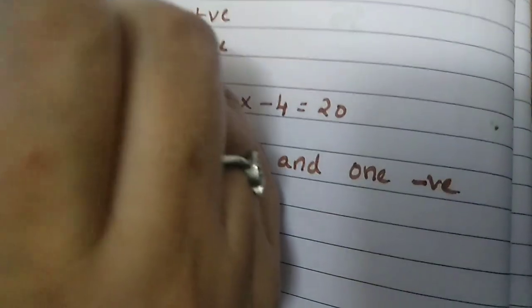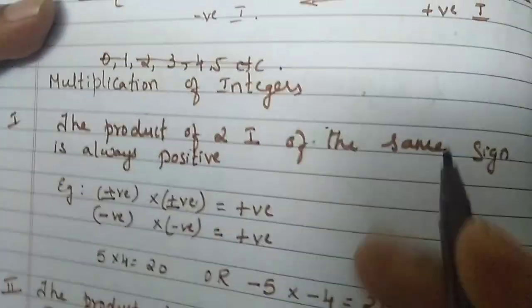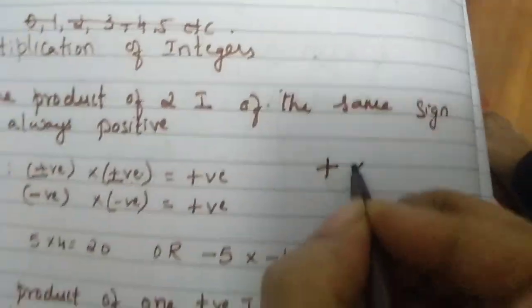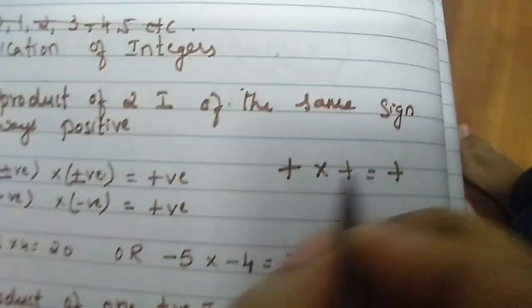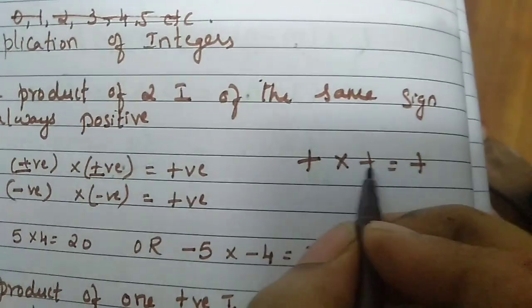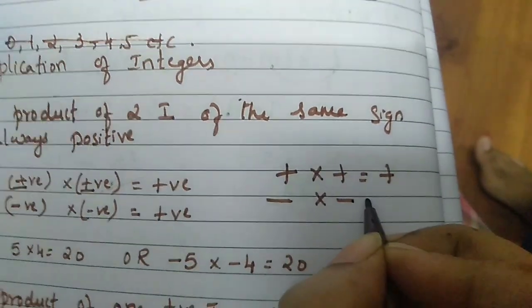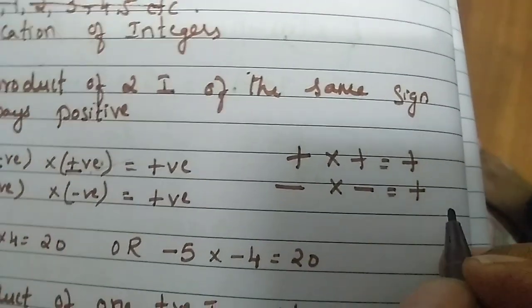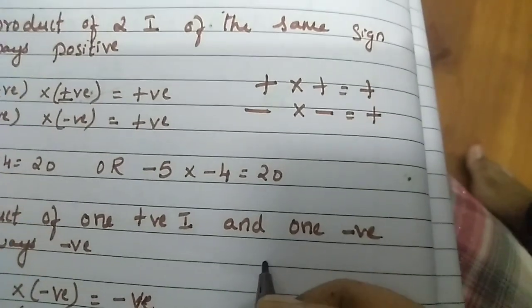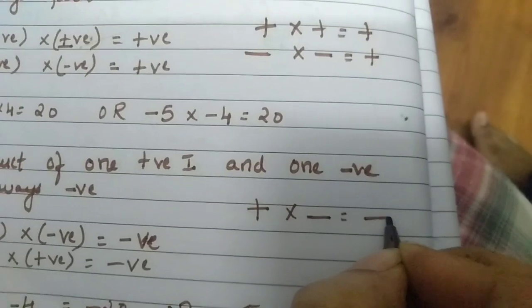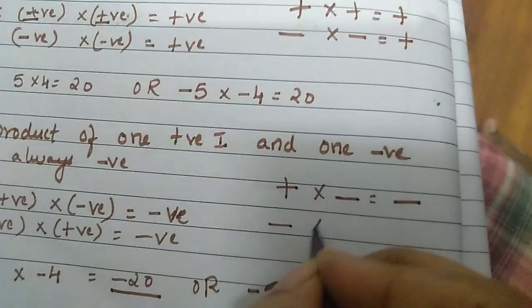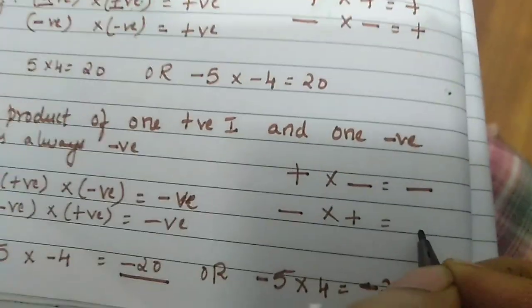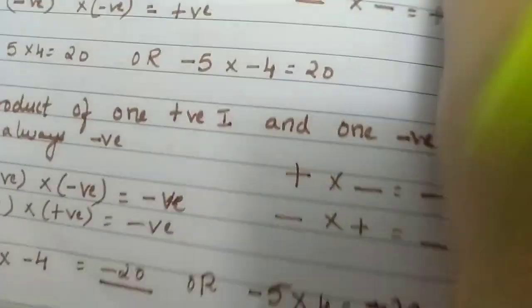So in a nutshell, let's quickly brush it up. So it says plus into plus gives you plus. The two integers with the same sign yield you the same sign. Similarly, minus into minus equals plus. Again, the two integers with the same sign will give you a positive integer. One positive and one negative gives you a negative integer. One negative and one positive gives you a negative integer again. Now let's check